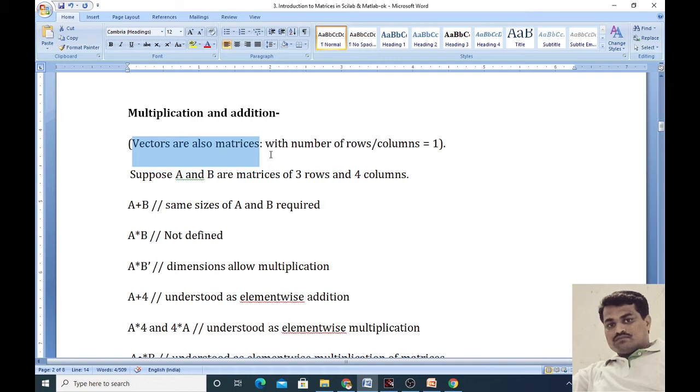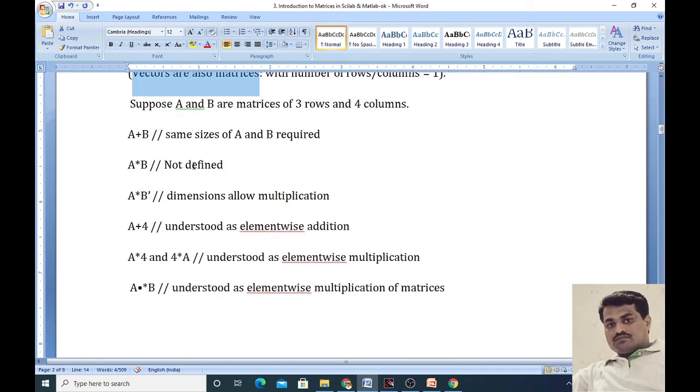A column matrix works as a matrix as well as a vector. In the case of eigenvalues and eigenvectors, the eigenvector is nothing but a column vector, a column matrix, which is also a vector. Hence, vectors are also matrices when the number of rows or columns is equal to 1.